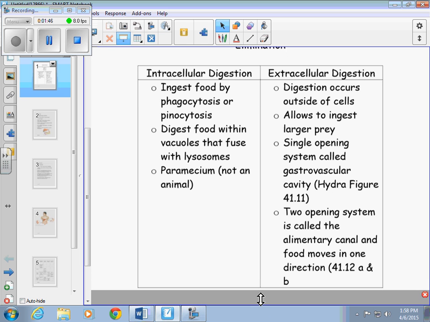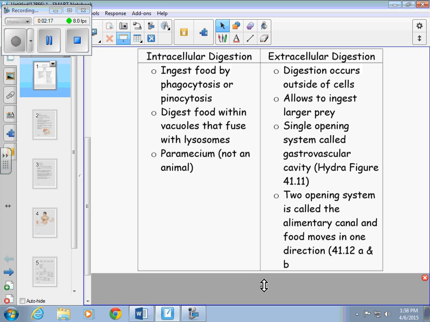Now, extracellular digestion is when the digestion occurs outside of the cell. This usually happens when an organism eats something that's bigger than itself. It may have a single opening system. We call this a gastrovascular cavity. A hydra is a good example of something that carries on digestion like this. There's a picture in your textbook if you want to take a look at it. Hydra is a pretty cool thing. It's, again, microscopic, really small, lives in fresh water, and it looks like Medusa. It has a bunch of tentacles on the top of it, and that's how it will paralyze and bring its